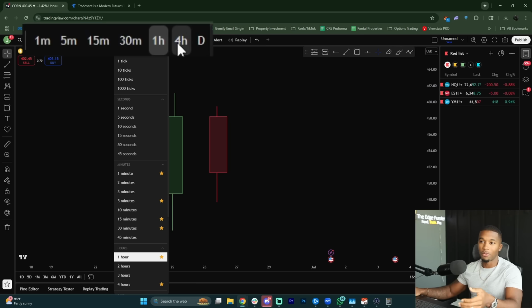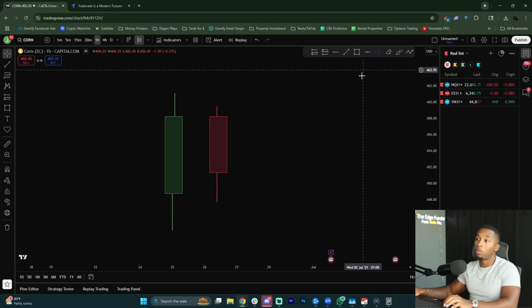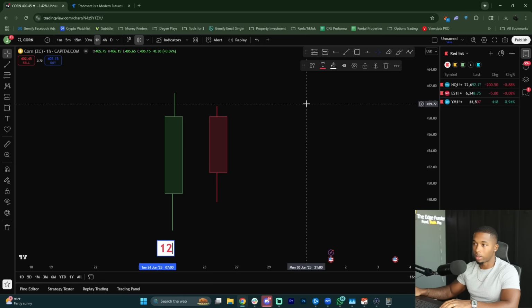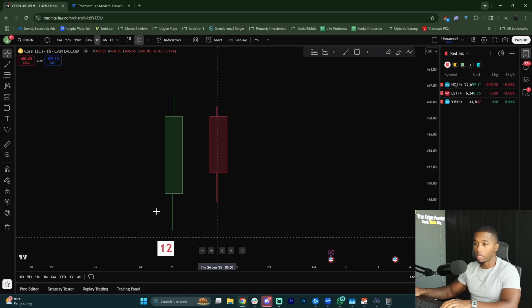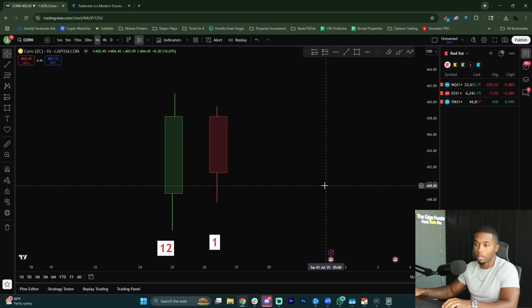We have the 1 hour time frame, the 4 hour time frame, so on and so on. You can also pick the daily time frame. And all that means is that if I'm on the hourly time frame, each candlestick is showing me what's happened during the period of 1 hour. So let's assume that this right here is the 12 o'clock candlestick, right? Then this right here is the 1 o'clock candlestick, because let's say we're on the 1 hour time frame, which